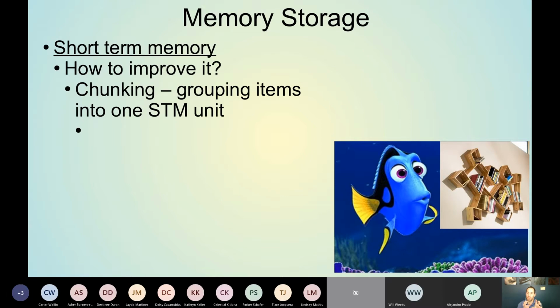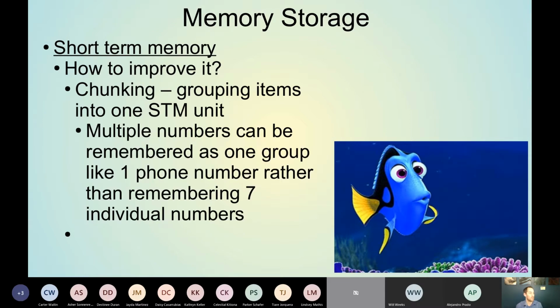But if you chunk those numbers together, like for example, if there's a sequence of 911, you chunk it together and you make it meaningful and connect it with an image of a fire truck, put that whole section on a shelf, then you've remembered those 3 numbers in only one chunk. So you're still remembering the phone number, but now you have extra spaces. So chunking is grouping items into one unit.